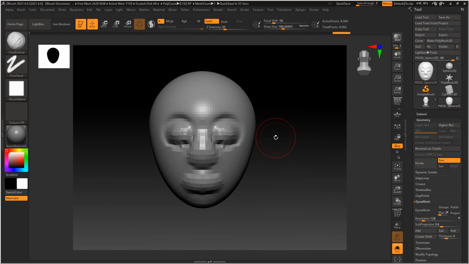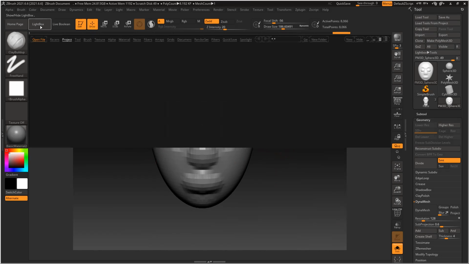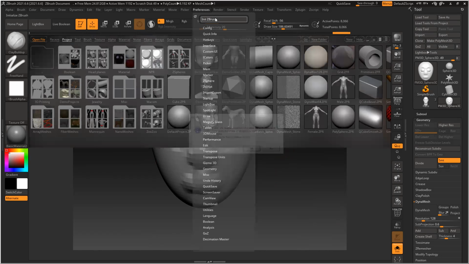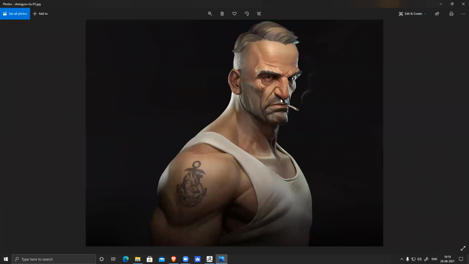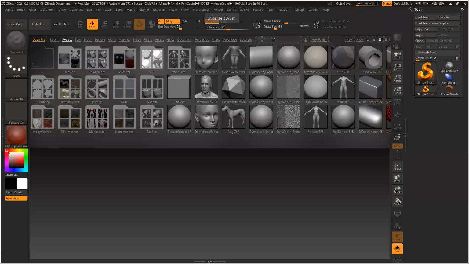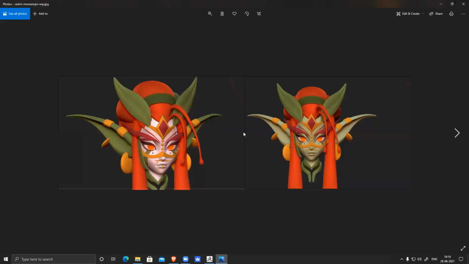Okay, so today we'll start with one head. I have selected this one. This is kind of nice, stylized. It's semi-realistic basically, not fully realistic and not 100% cartoony, more towards this. Or we can create something like this also.